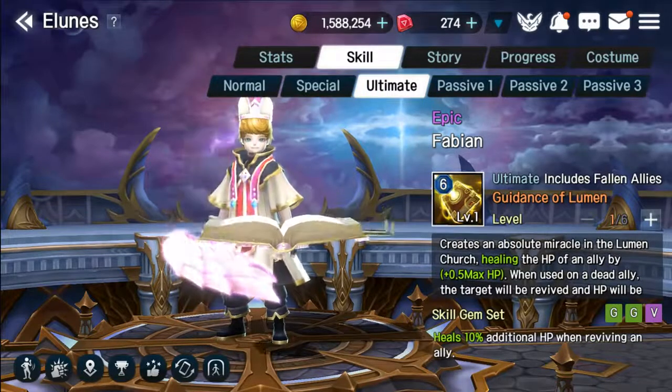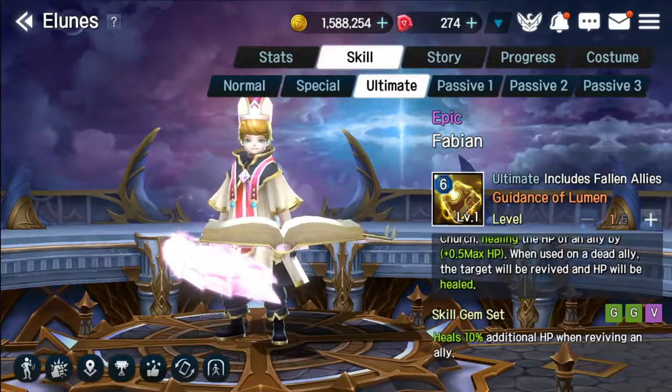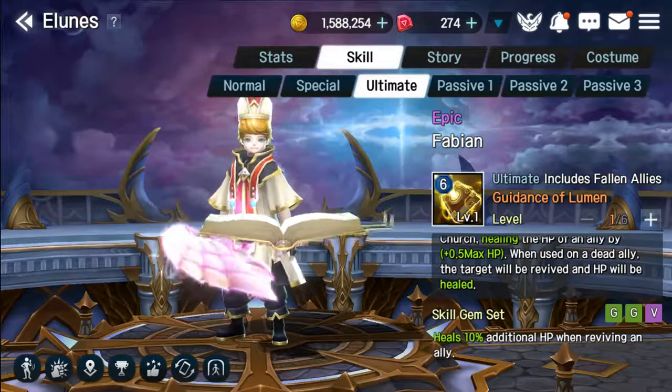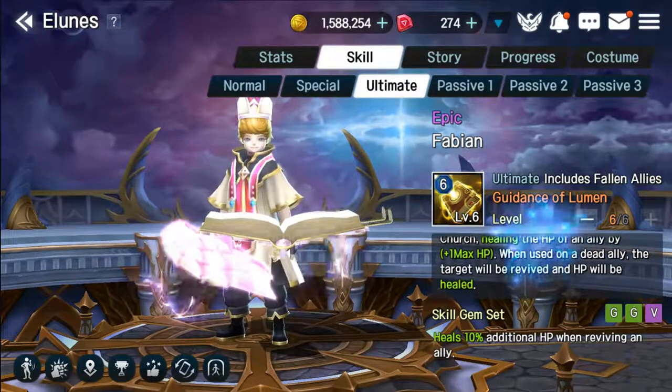Looking at his ultimate skill, this skill is a heal, but it is also a revive. This one heals the HP of an ally by 50% of his max HP. When used on a dead ally, it will revive the dead ally, and they'll be healed by 50% of his max HP. As this skill is leveled up to the max at 6, the healing goes up to 100% of his max HP,